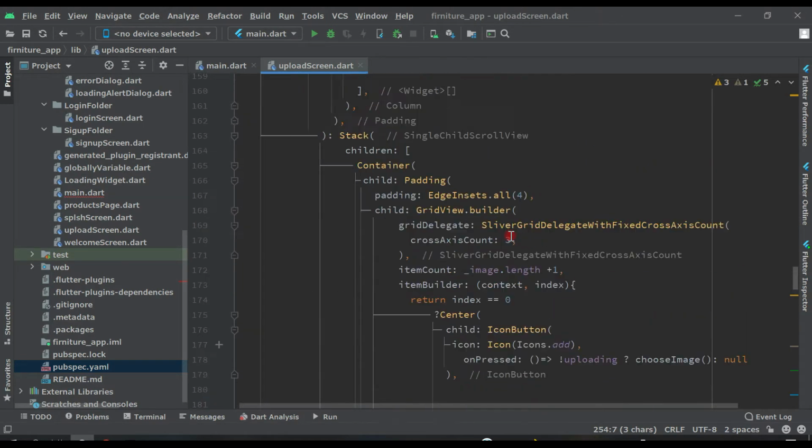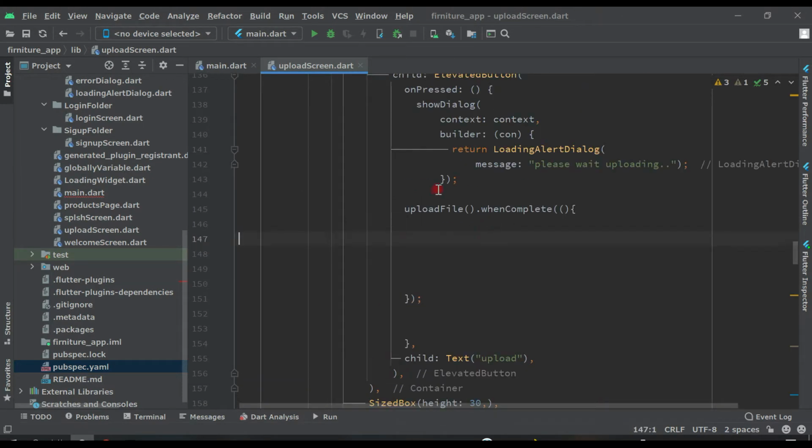Now come here in this function. Today in this video we will work inside this function. Here we will write our maps, and we will write all the data which we are going to save in our Firebase Firestore. So first of all let's create a map.